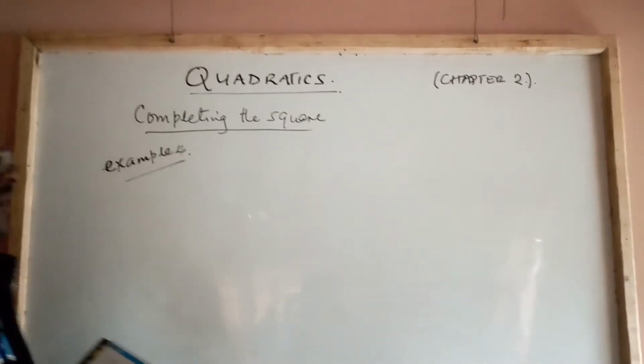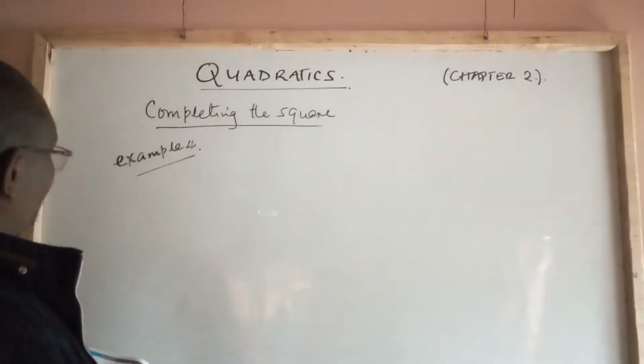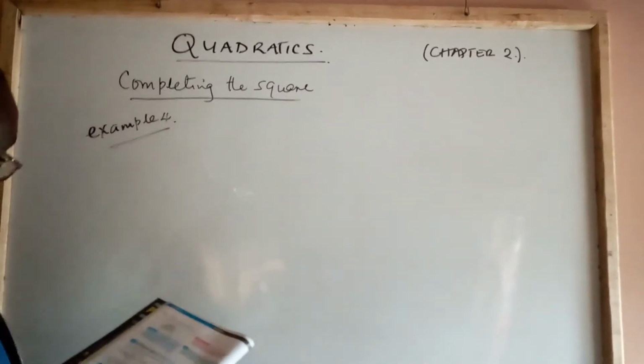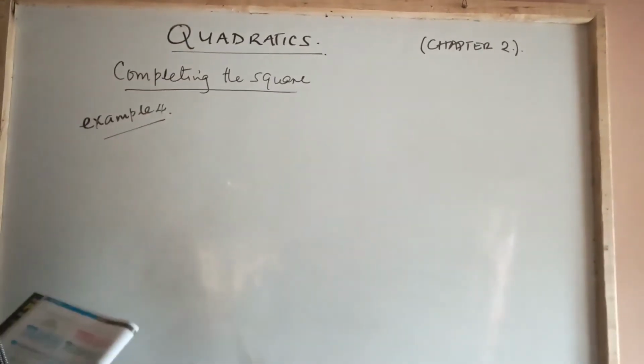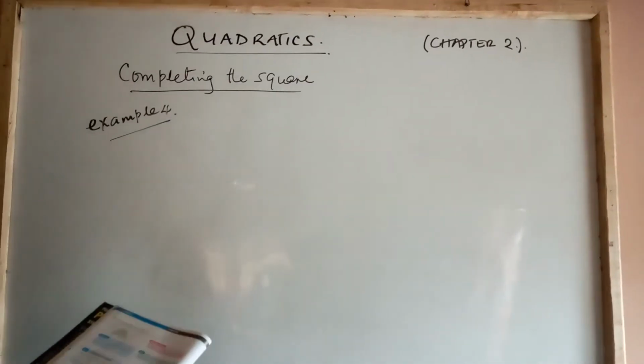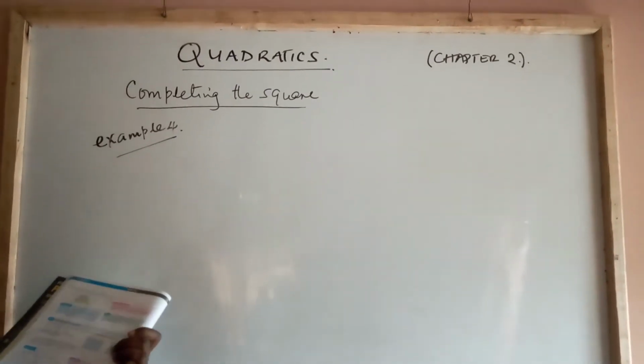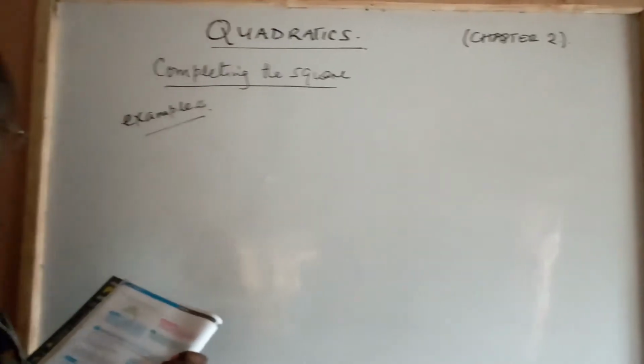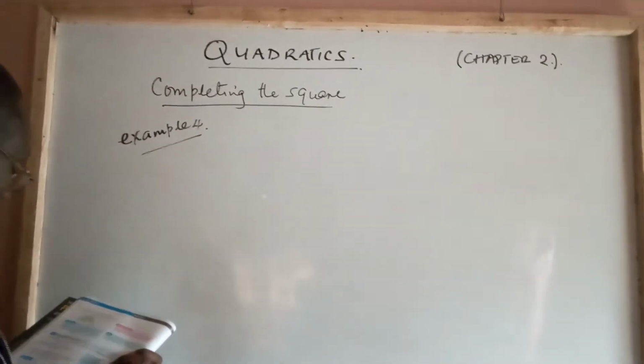Fine, now that we have understood the completing the square method, it is important to know how to use it. This one is explained in example 4. But before we go to example 4, it is important to read the pink pages on page 22, which says